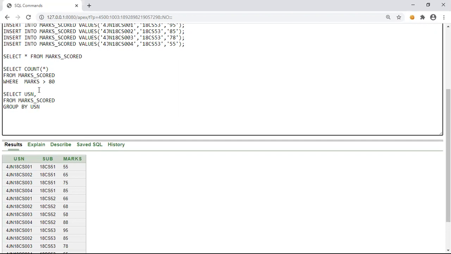Then, if we want to put any conditions, we can write them over there. For example, in our case we'll apply sum, since we are adding the marks. So what we have to write is USN, sum of marks. Whatever we have done, that is grouping based on USN and then adding all the marks, will be done using this particular aggregate function. Now let us run this.